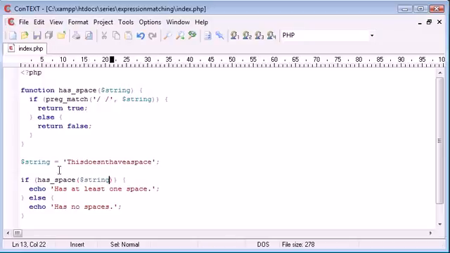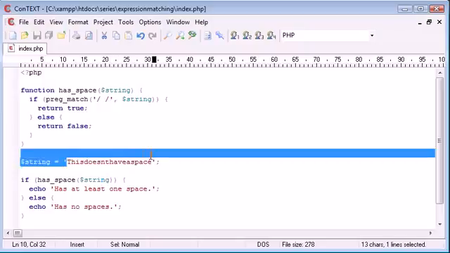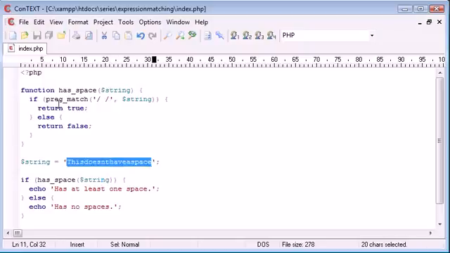So let's recap of what we've done. We've created a string here with the value this doesn't have a space, with absolutely no spaces in it. And then we're calling our function here and feeding in this argument, which is essentially equal to this string here. And now it's been processed here. We're checking on the